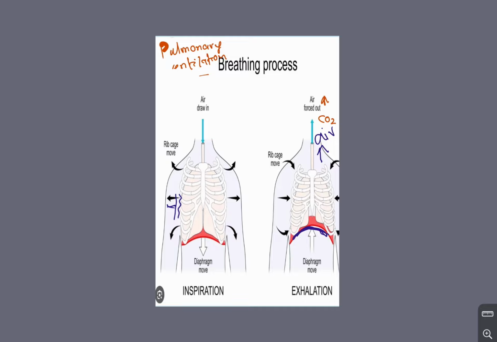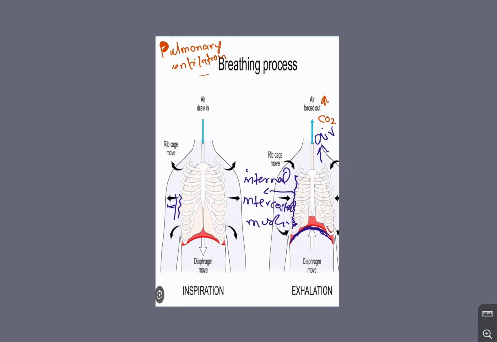Okay, but if we forcefully have to exhale, what happened? For that also we need muscles, right? So there are some muscles which are present inside our ribs. Okay, here they are present inside our ribs, and these are called internal intercostal muscles. Okay, so when the internal intercostal muscles contract and the diaphragm relaxes to the original shape,